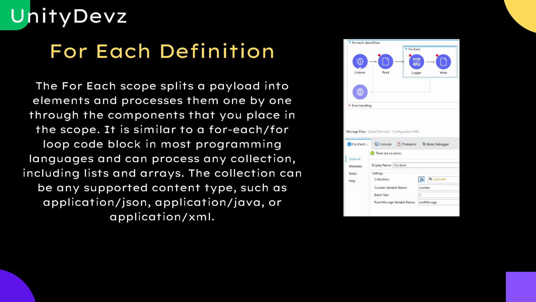So let's say we have a collection of array having multiple elements. With the help of for each we can process those elements. That's how this for each works. It will process those elements in a sequential way. It will process a particular element, and the next element, and the next element. That's the basic definition of for each. Moving on to the next topic,